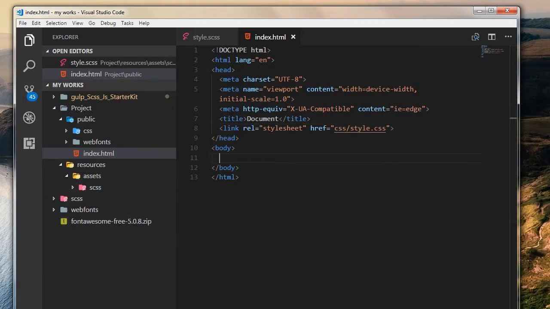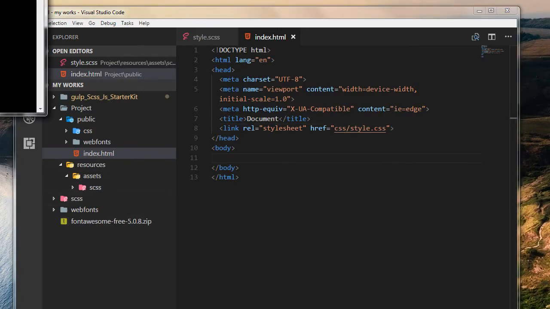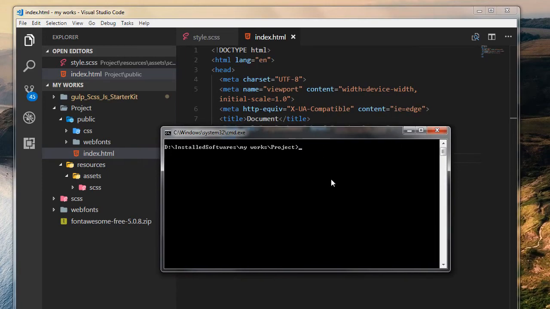To compile this, I am making use of Ruby Sass. So the syntax is sass --watch resources/assets